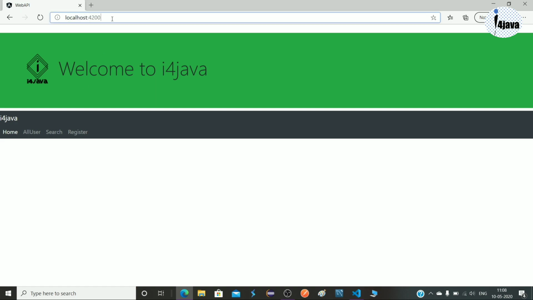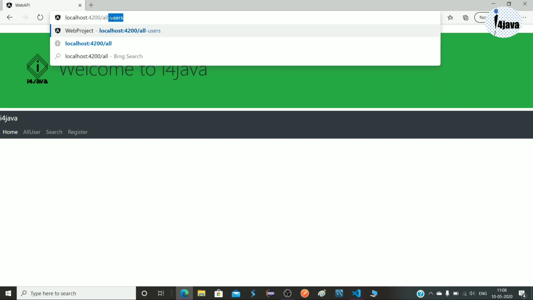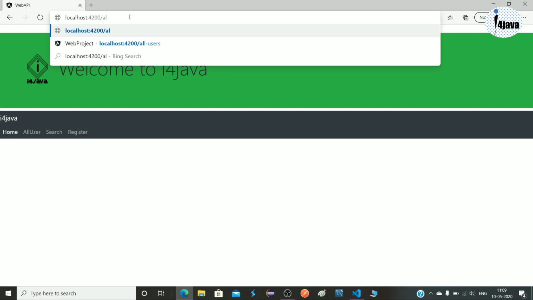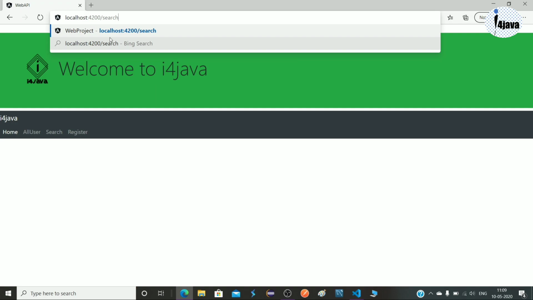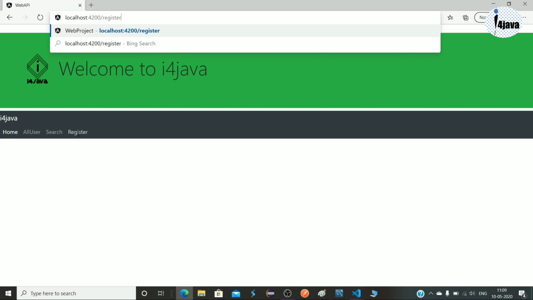Routing is something like this: suppose we write here all user, it should route me here, and whenever I write search here, it should route me here. If I search register, it should route me here.